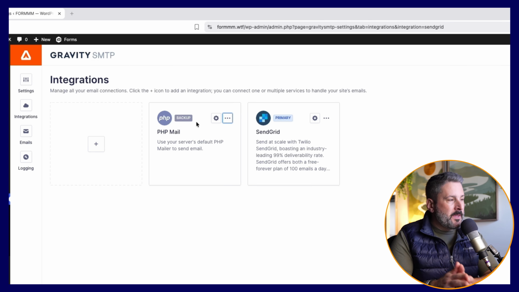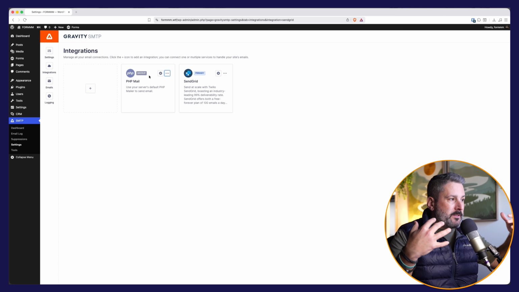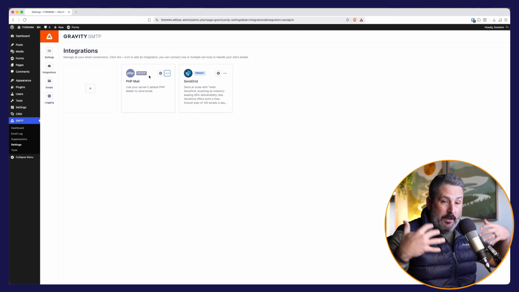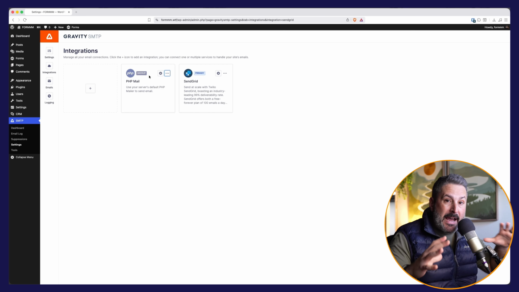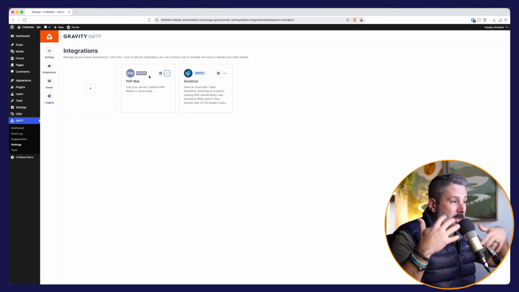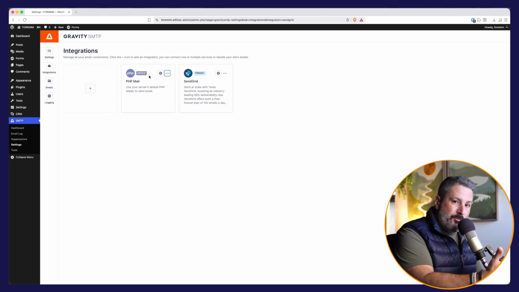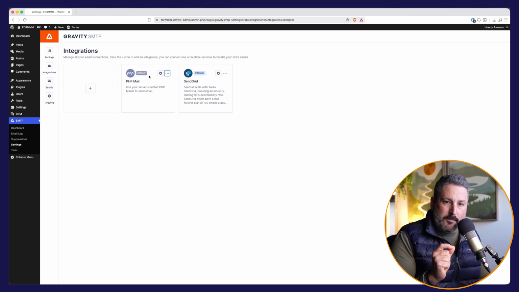next to PHP Mail. And effectively what this means, if you're running a mission critical site with Gravity Forms and the emails going out are customer receipts, user account creations, password resets, and if you are at high volume or you expect high volume during a sales cycle, or you just want to have a backup service in case you run out of credits with SendGrid or you just hit the limitations and you want a backup plan, that's what the backup is all about. You set up a backup service to send through that. So if there's ever an issue, it'll automatically divert all of those very important emails to that secondary backup email